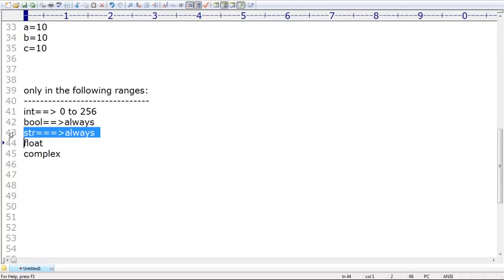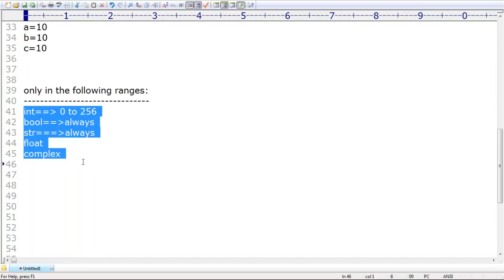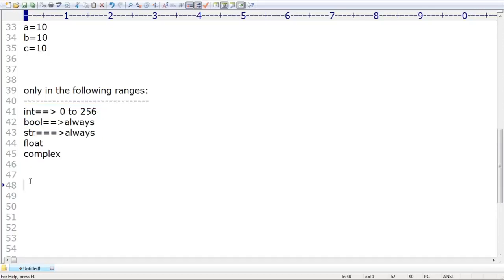Now my question is, why only these ranges? Are you getting that? Why did the Python people restrict to only these ranges? Anyone having this doubt? Please respond. Even for 1000 also, if I create A is equal to 1000, B is equal to 1000,